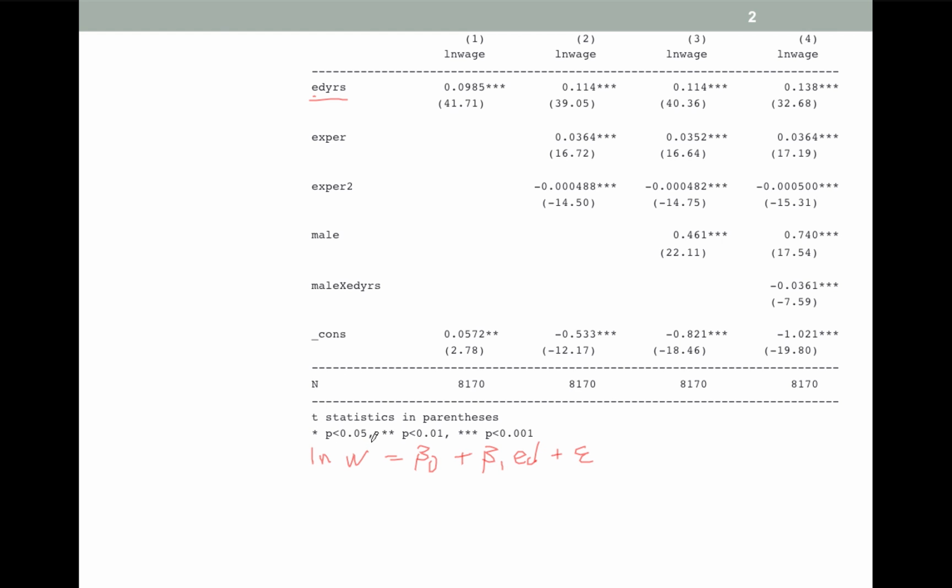If we take the expected value of both sides, conditioning on the independent variables, so expected value of log wage conditional on x, where x represents all the independent variables in the regression, in this case just education. The expected value of a constant, there's nothing random there, so it's just beta 0. Beta 1 ed, since I'm holding all the independent variables constant, this is just another constant. We have beta 1 ed